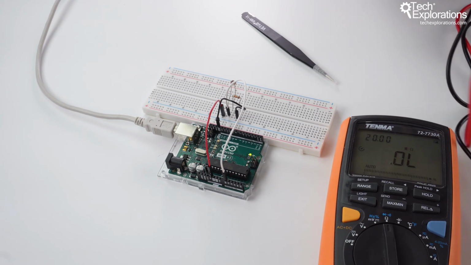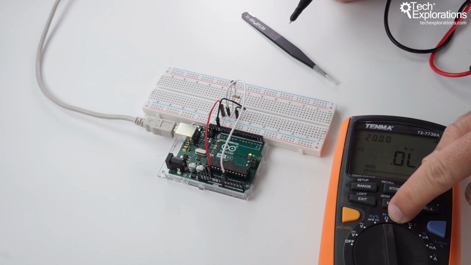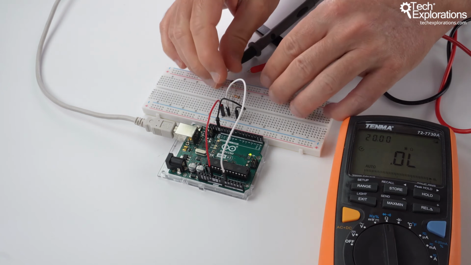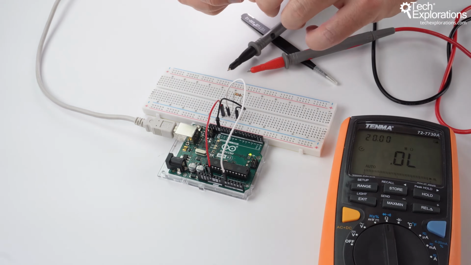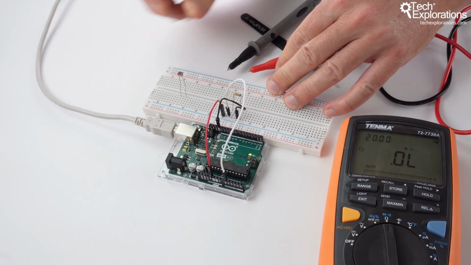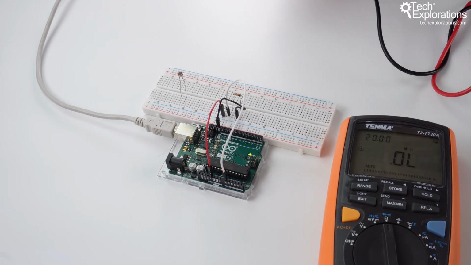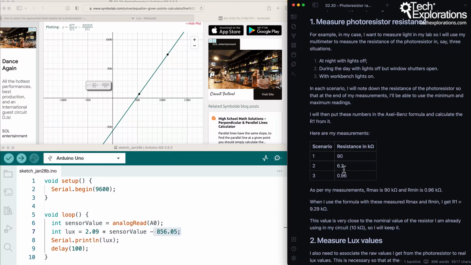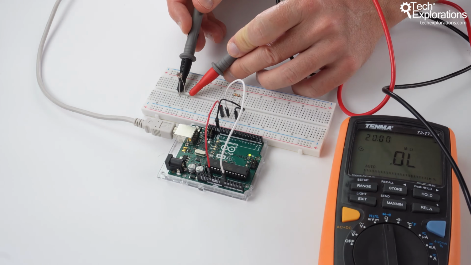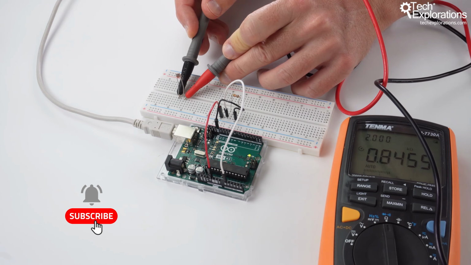So I have set my auto-ranging multimeter to the ohm meter function. Now to measure the resistance of the photoresistor, I need to remove it from the circuit and plug it into a different part of the breadboard. So this setting right now is the extreme number 3 on my bench with all my lights turned on. So this would be the brightest setting for this area. So check the resistance now, and it is